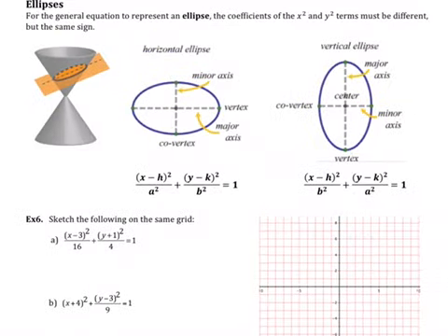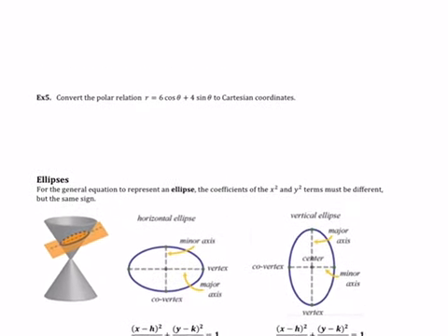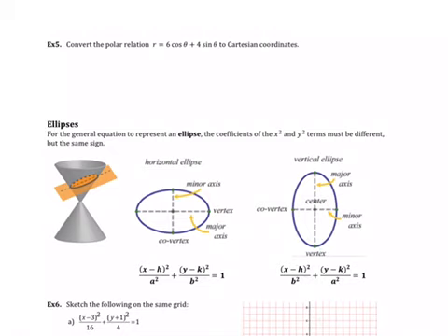Okay, so the next thing we do is ellipses. Oops, did I skip something? No, I didn't. Sorry. Okay. So my ellipse, oh, sorry, not ellipse yet. Sorry, it's example 5. So convert the polar relation r equals 6 cosine theta plus 4 sine theta to Cartesian